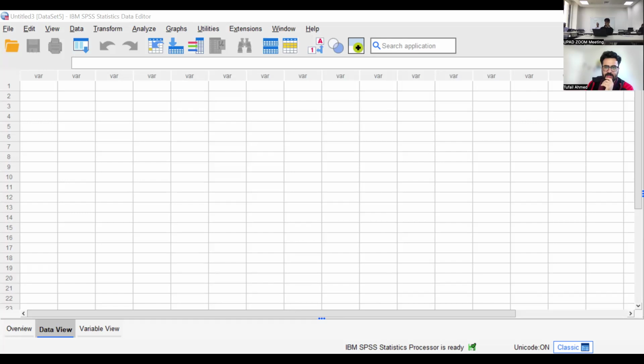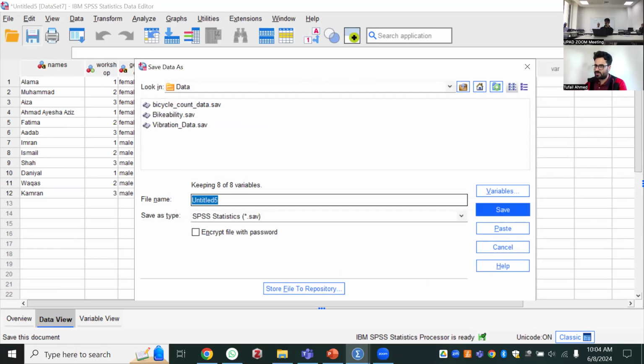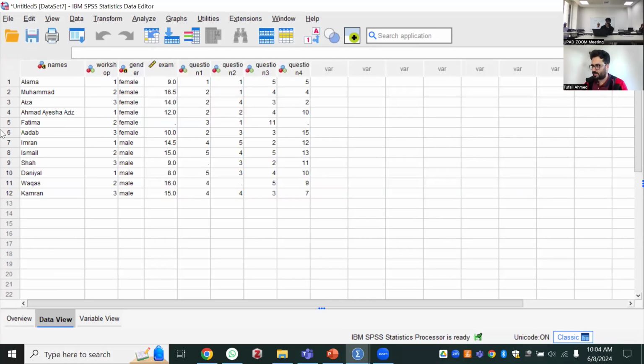Is my data appearing to you? Not yet. Okay. It will show up in a second. So here is the data imported. Yes, now we can see. So we haven't used syntax because, as I told you, syntax is codes that you can use for later. If you don't want to use it, no problem. You can just import it. And most importantly, you have to save this data because you have it in text data. If you close without saving, you will lose the data that you imported in SPSS. You have to re-import it again. That's why, to be on the safer side, save it in SPSS format.